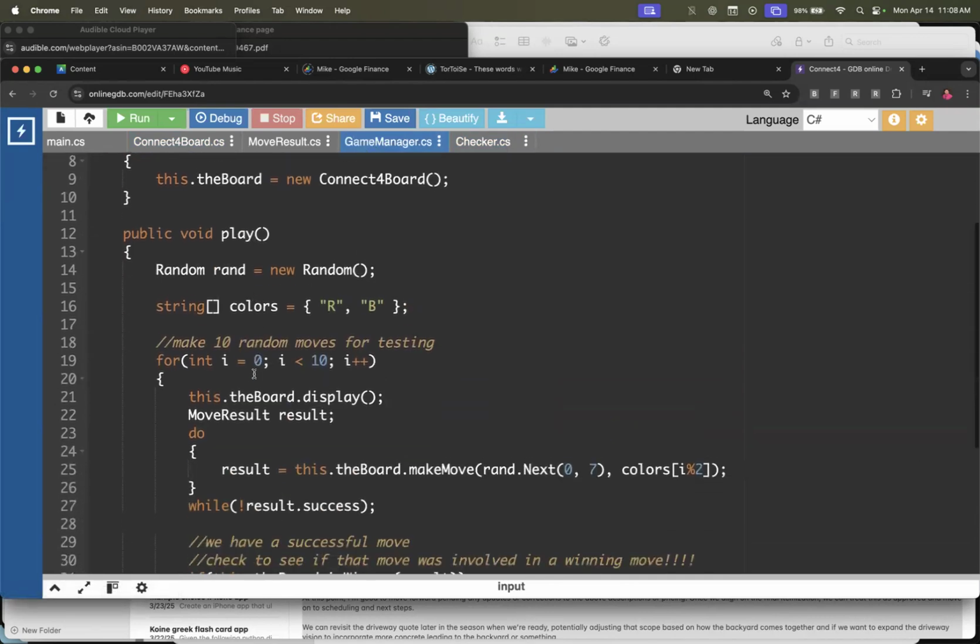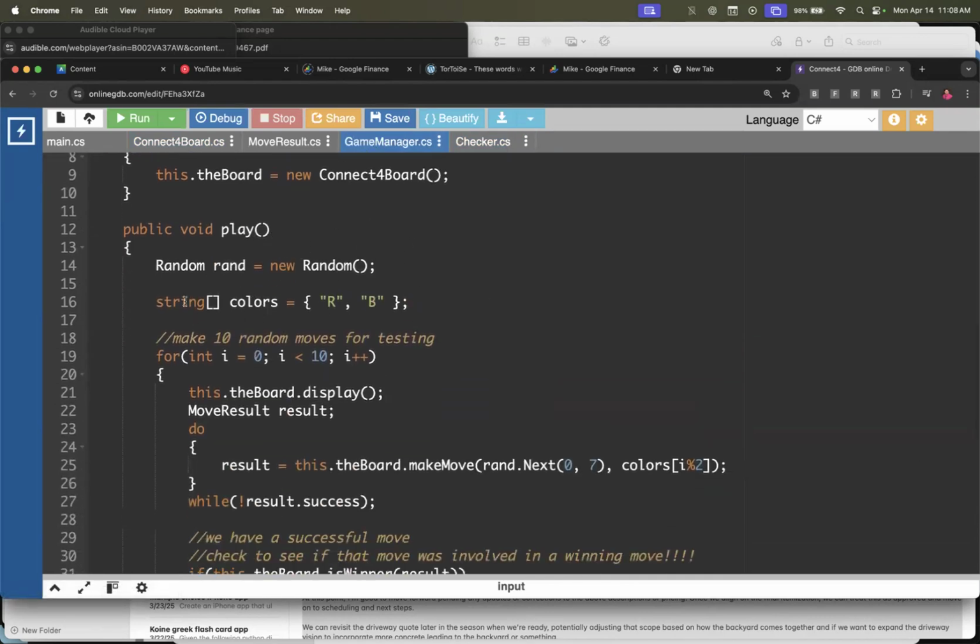So what does play do? Play creates a tool for generating random numbers. Then it creates a collection of the colors, the two different colors R and B, for whose turn it is. And then I have it just currently making 10 random moves in order to start filling out the board with stuff so we can kind of see it grow. So I display the board, then I try to make a move. We had written this last time where I give it a random column to drop the checker into, 0 through 6. And the color,